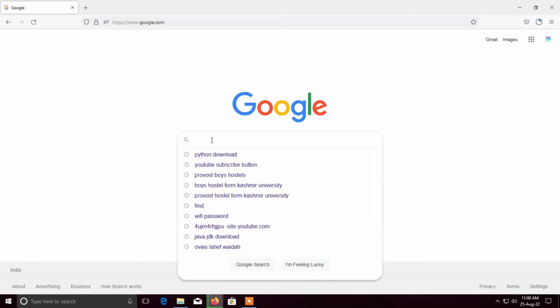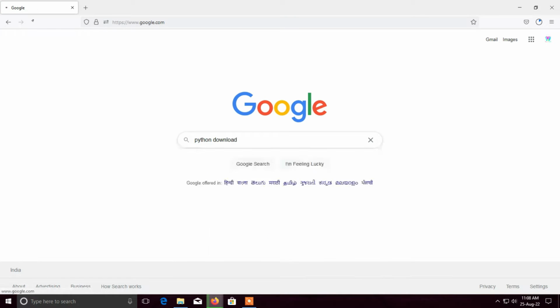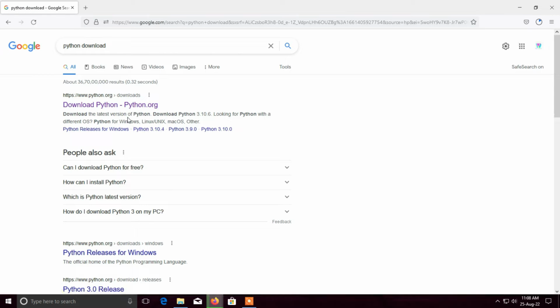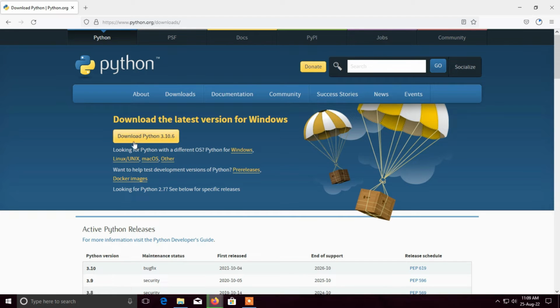and here you can write Python download, and you will see the python.org website. Click on it, and we have the latest Python 3.10.6 available right now. Click here, download,